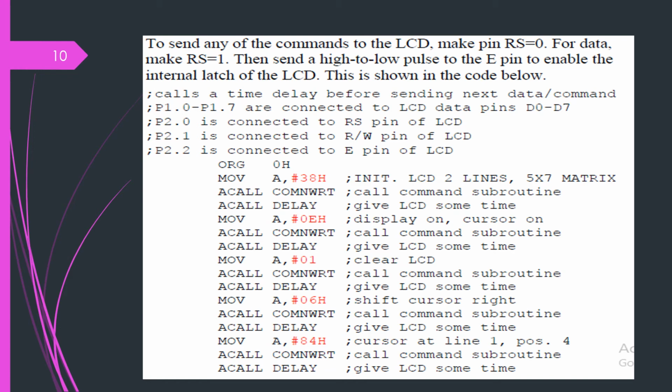Next one is clear LCD. With 38 we have selected the 5 by 7 matrix, and now it is clear LCD, so 01. Then again call command write, then call delay, give the LCD some time. Move A, #06, so shift cursor right, then call command write, then call delay, giving the LCD time again.